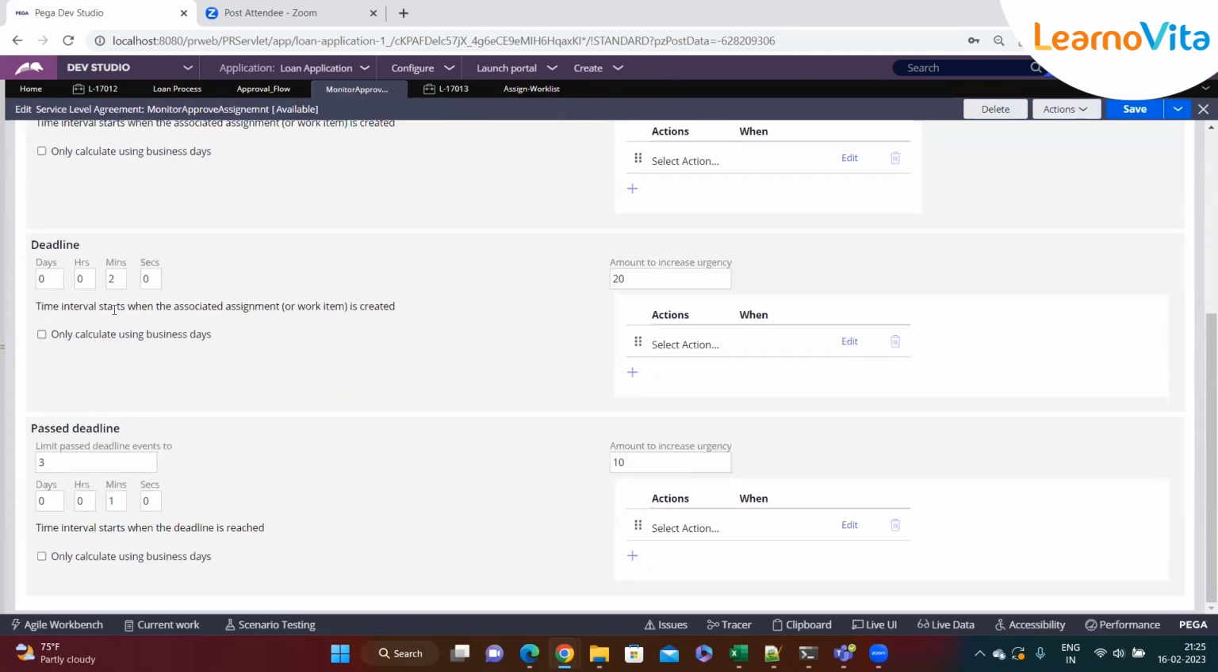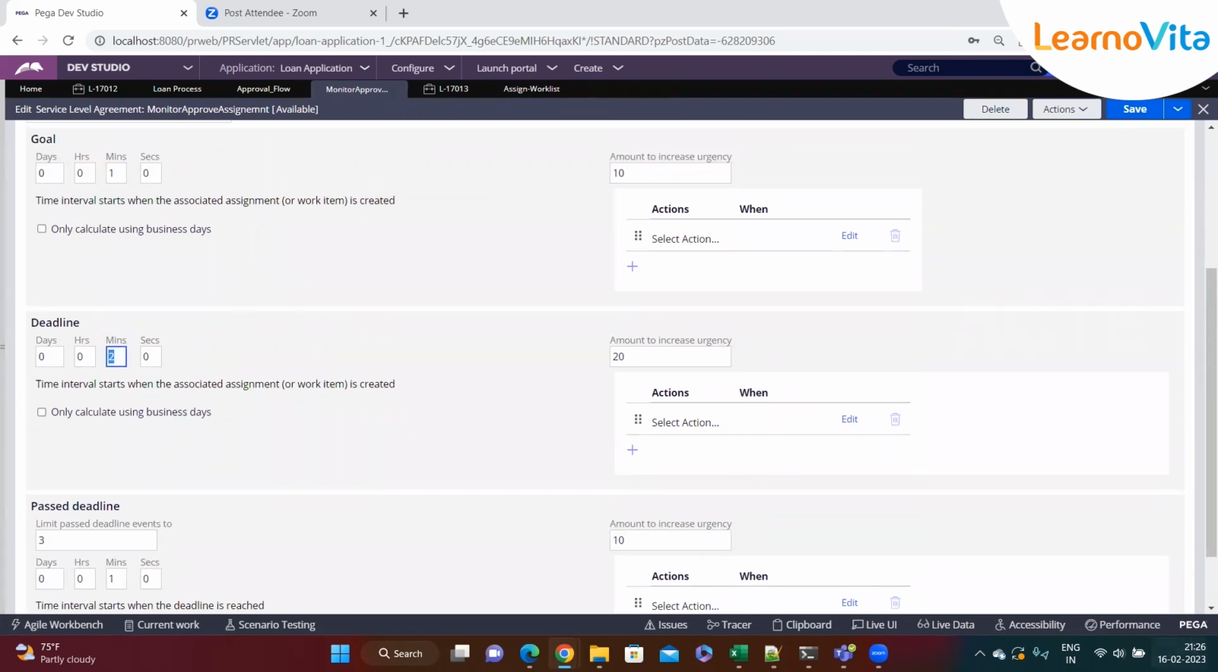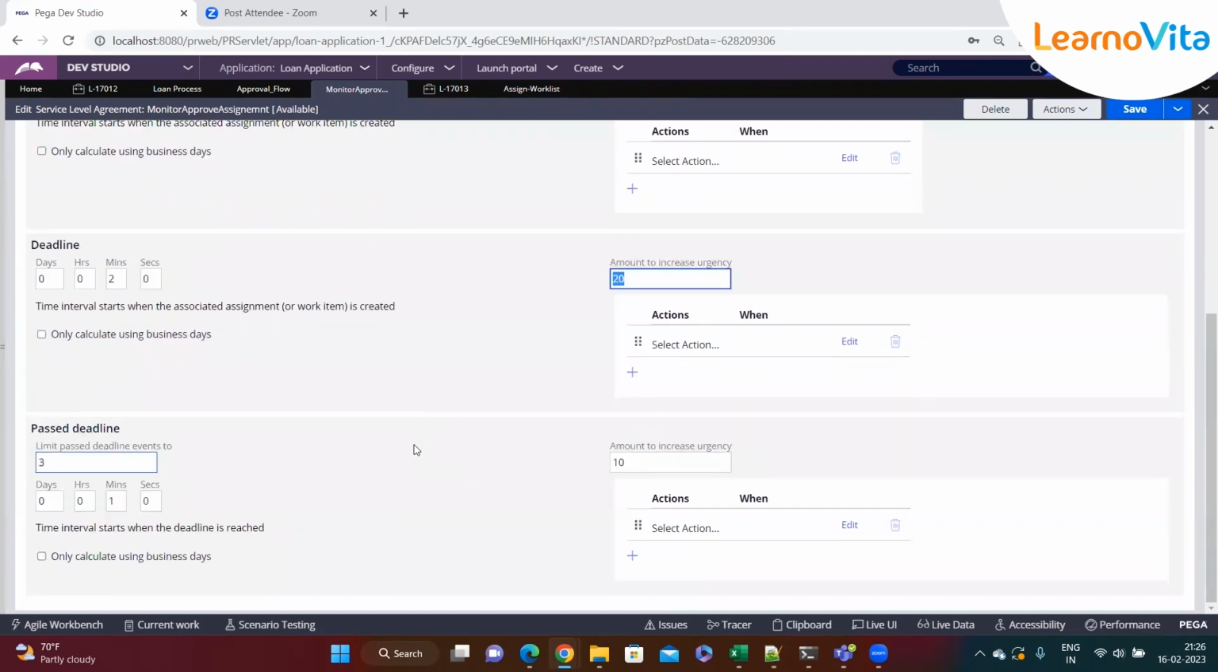Then again, after another 2 minutes, if I didn't perform any task on that, let's say at 9:27, then the urgency should increase by 20. Already 30 is there, and 30 plus 20 will be 50. And after that, if after 2 minutes I still didn't perform any task, Pega will come here and after 1 minute increase the urgency